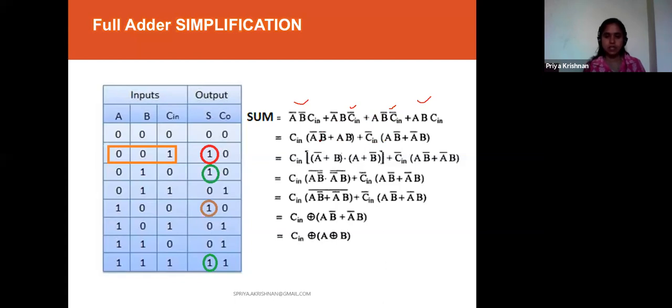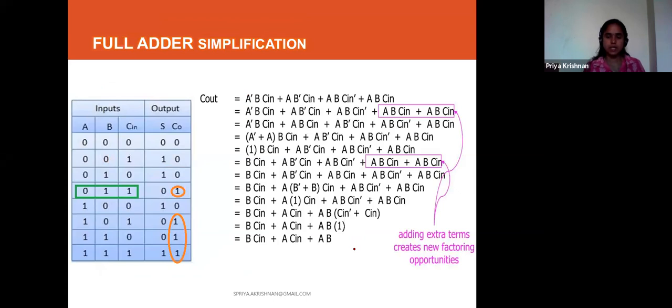Again, from this, with the help of Boolean algebra, I am changing its signs. If you change this plus sign to dot sign, you will get different bars on the different sides. So De Morgan's law theorem is used here. Just go through the steps, you will come to know how to do this. I will also share this PPT so that you can go through the steps.